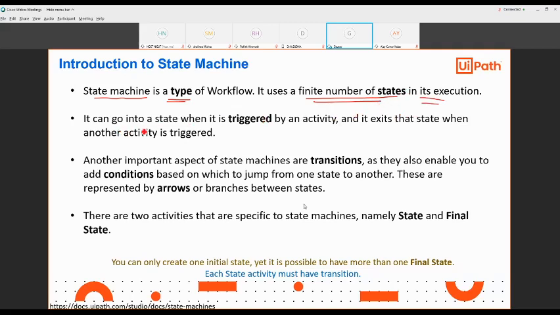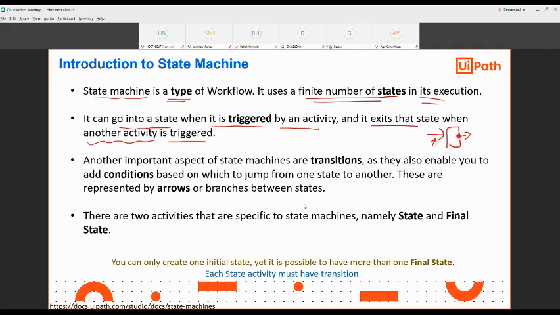It can enter a state when it is triggered by an activity, and can exit when it is triggered by another activity.